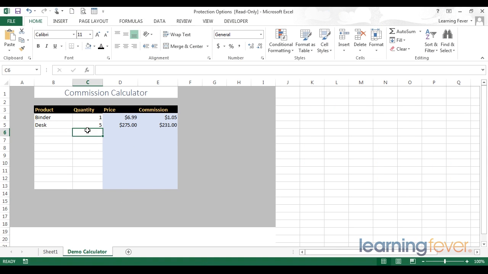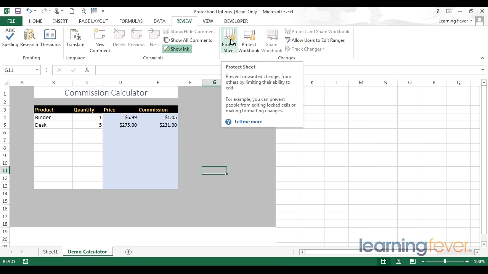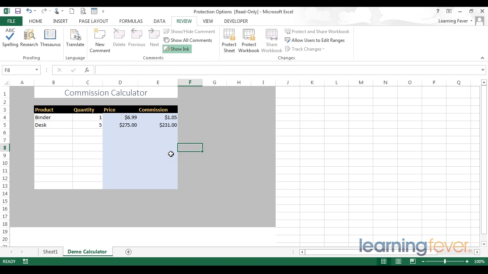The final aspect of security and protection that we are going to look at is how to protect the workbook itself. So far we've looked at file protection to stop unauthorized users from getting into our workbook. We've looked at sheet protection to avoid unauthorized changes to our formulas, avoiding changes to the contents of our worksheets. But at the moment we haven't stopped any changes to the workbook itself or changes to the structure of the